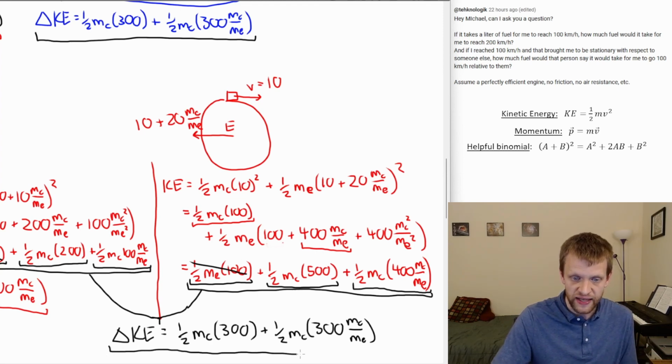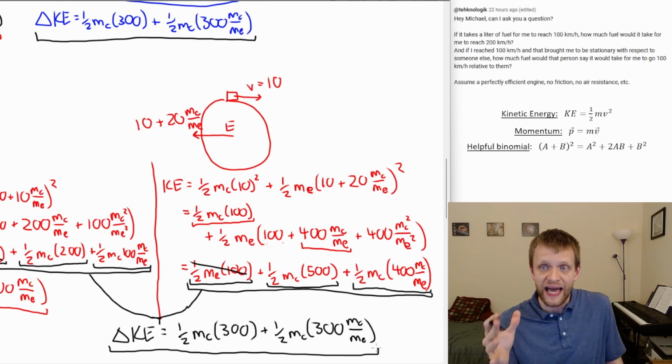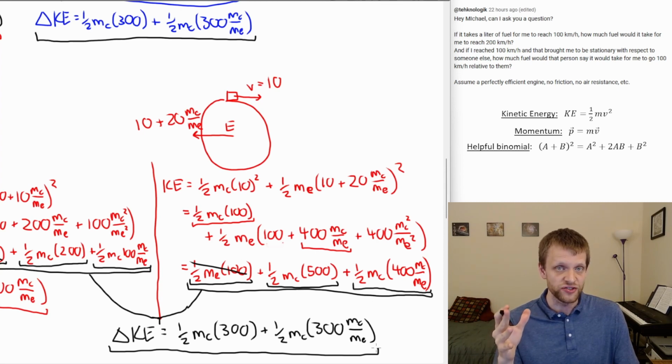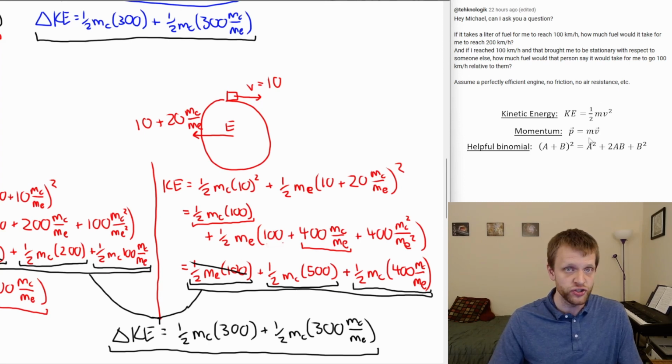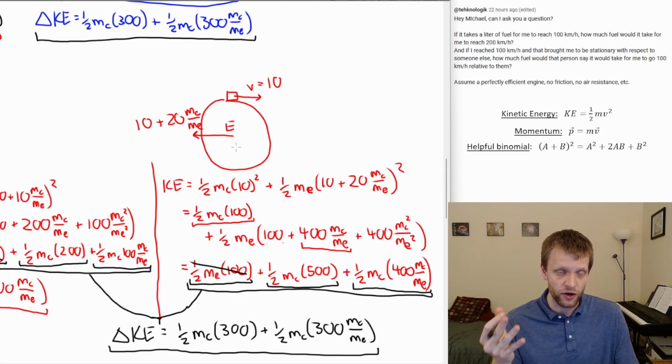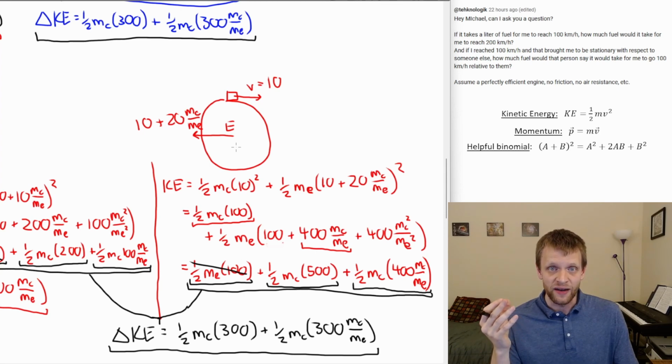This was the kinetic energy that we had to add if I'm in that moving reference frame, the one where I was already moving at 10 meters per second. They are identical. Kinetic energy is conserved if we consider the kinetic energy of the entire system, as long as we have momentum conservation. So we can see how, in this case, the Earth is affected by this motion.